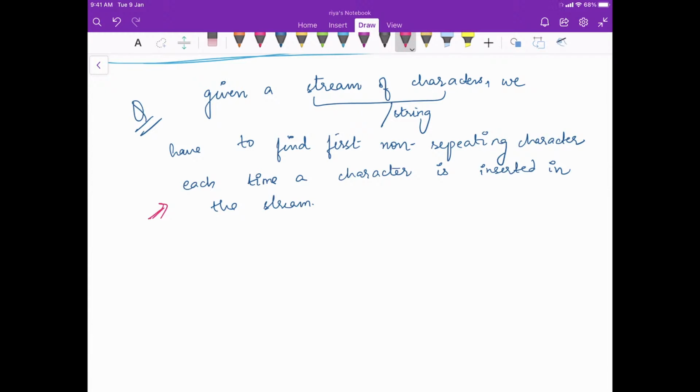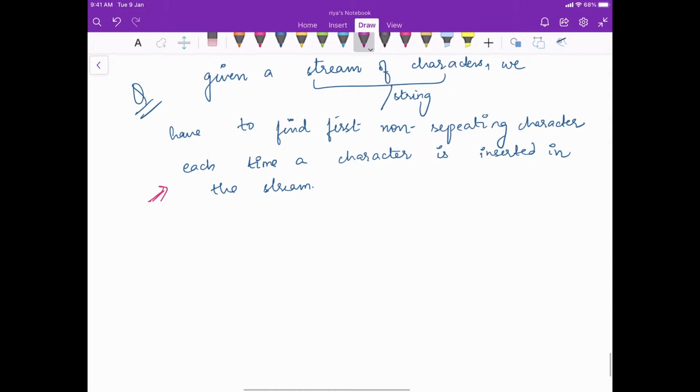ठीक है, तो ऐसा होगा, you will be given the character stream by stream. ठीक है, directly you will not get all the characters, you will get each character in, let's say, one iteration. ठीक है, and then you have to take the decision of what exactly is going to be the unique character. Let's say example, the question is very trivial. You have to find the first non-repeating character. ठीक है, that means let's say if it is this A B A C C C, what do you think is going to be the answer?